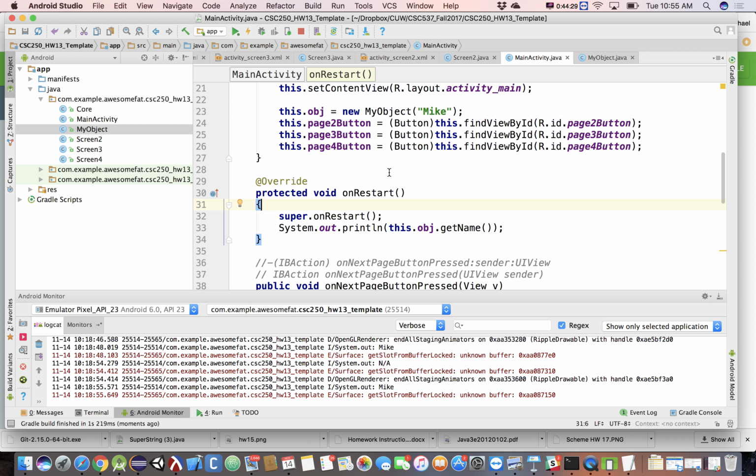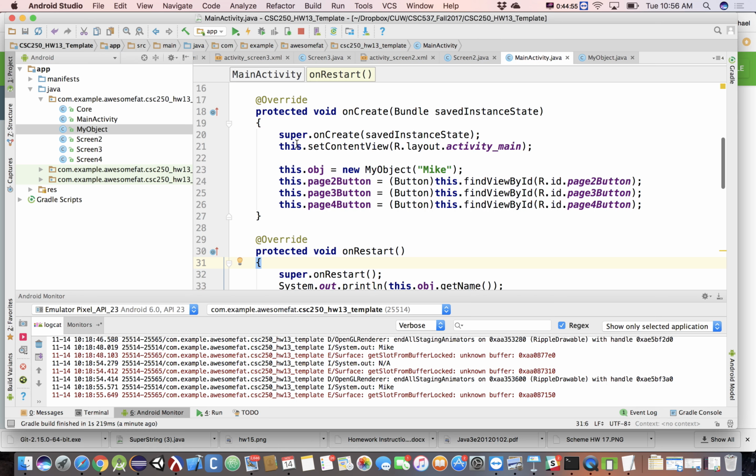So now what we want to do is pass my object to screen 4 as an extra, retrieve it inside of screen 4, change the name to something else, then go back and see if that name was permanently changed. That'll tell us whether it was passed by address or passed by reference. Now, one thing we can do here to prove it, to make an exact guess,